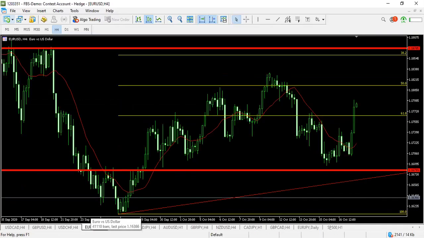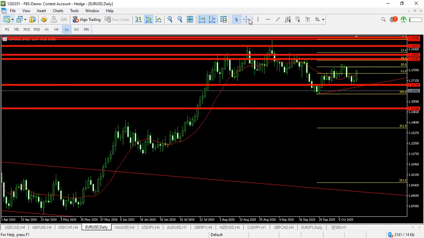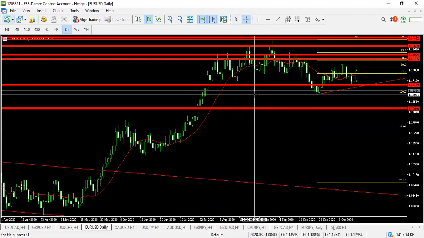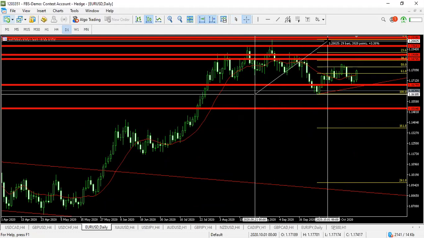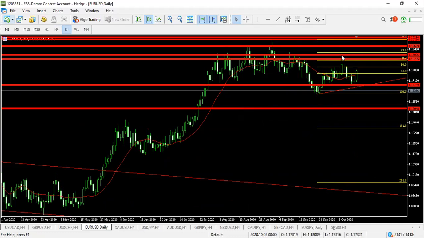So that's that. The next one, which is the Euro USD, here we want to consider long positions at 116 zone. So as soon as the price gets to 116, which is around here, then we'll be looking into buying all the way to 120 again, which is sort of a daily range here. You can see that the price has been ranging between 120 and 116, and that's what we want. We want to see this price rotate lower all the way to our buy zone, so that you can buy. If we get a crash below the 116, which is our pivot point for this week, then the price will rotate lower to even